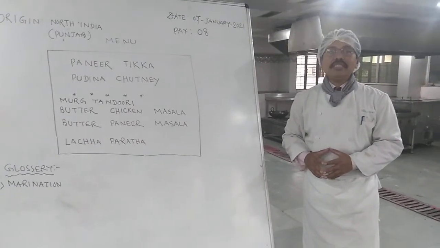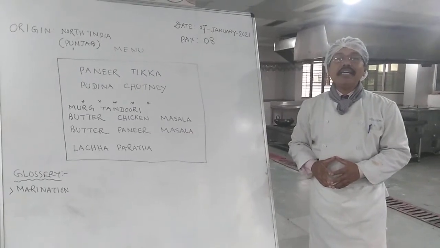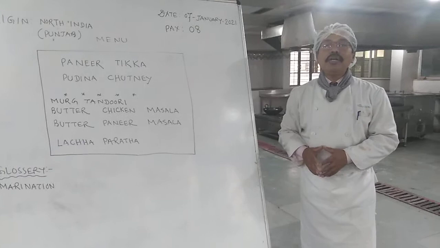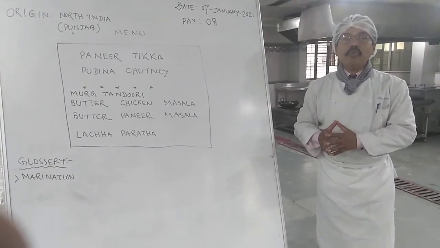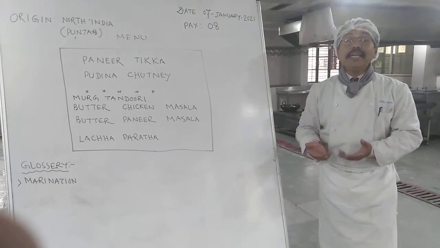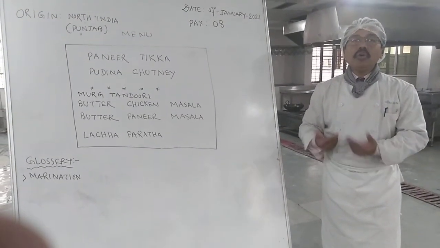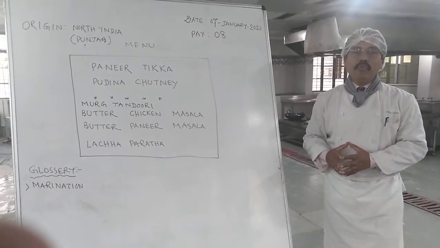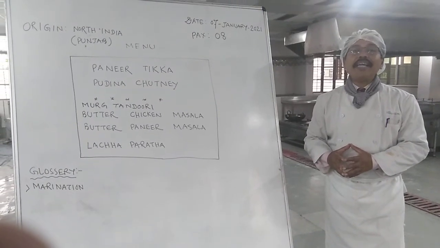Marination is a process by which the main food items are mixed with other ingredients, and the purpose of marination is to subside any unwanted flavor of the main food item, to increase the taste of the food item, to increase the look of the food item up to a certain extent, and to increase the palatability of the food item. Marination has another term, that is marinade.